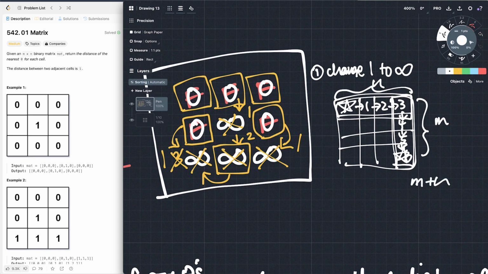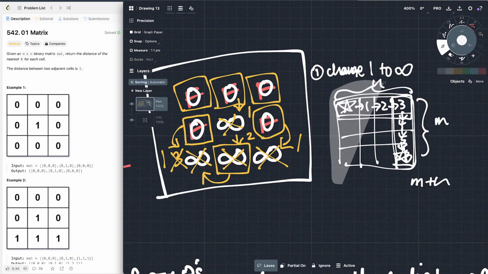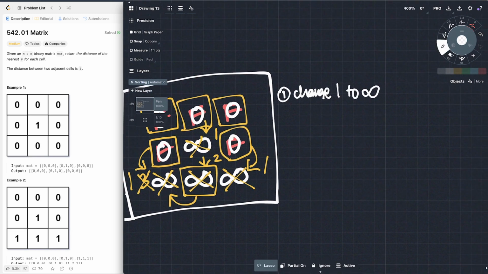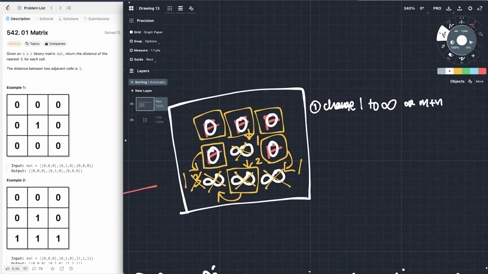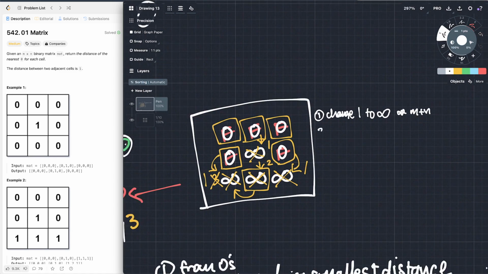M plus n would be the maximum. So that's a fairly good one too. So it's either infinity or m plus n. I actually don't mind which one it is. Okay, so we change ones to m plus n, and then we want to do a